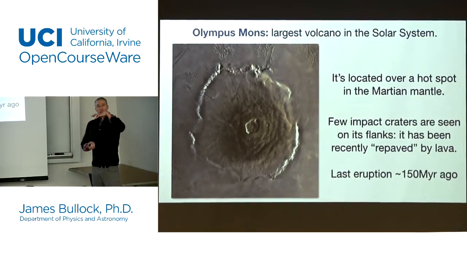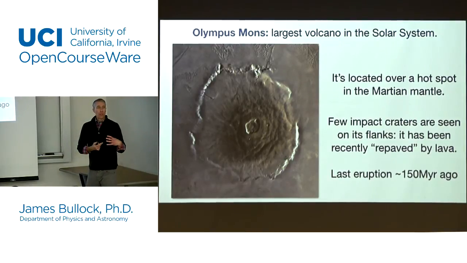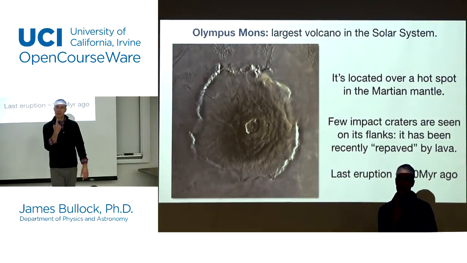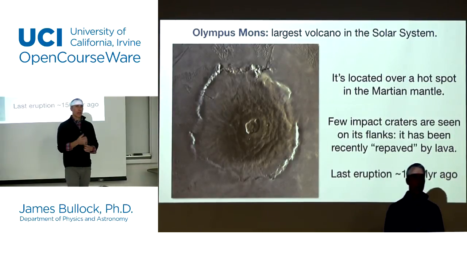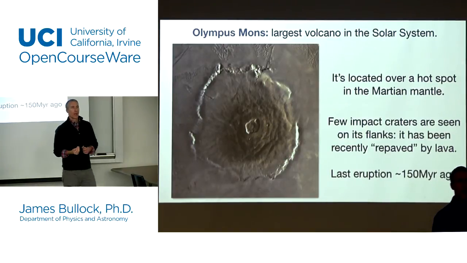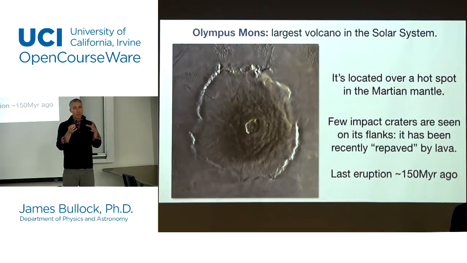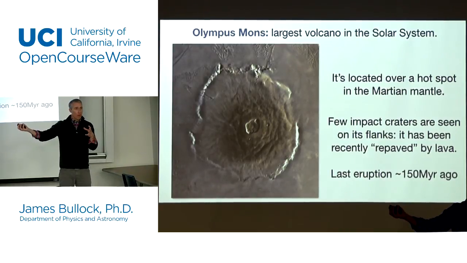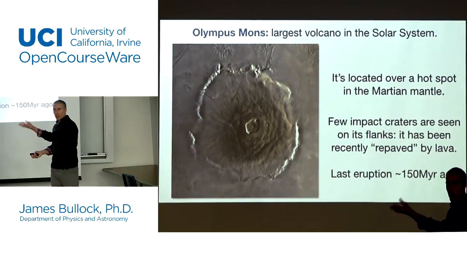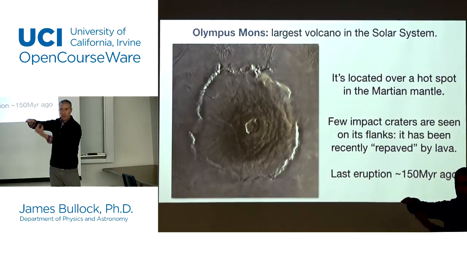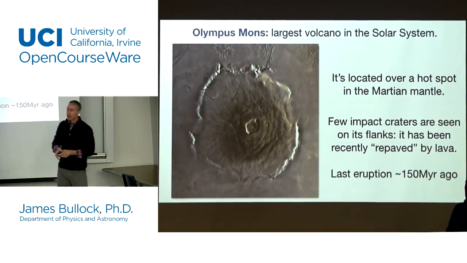It's actually located over a hot spot. Now, if you recall, I talked about how the Hawaiian Islands were formed because there's a hot spot out in the Pacific Ocean that's spitting up lava. Where that lava has come up, it's created the big island of Hawaii, which has basically just finished being built right now. The first island, Kauai, was built a long time ago. You've got a plate that's running over this hot spot that's spurting up, but eventually the plate shifts over, and that's how you get island chains.